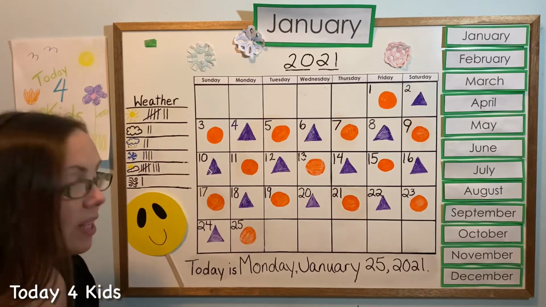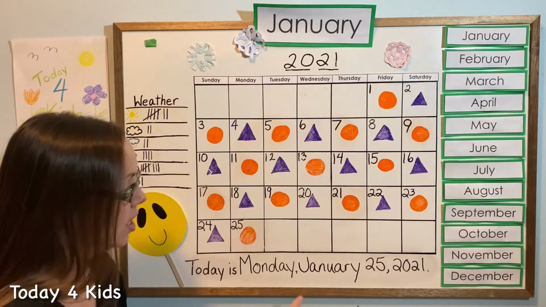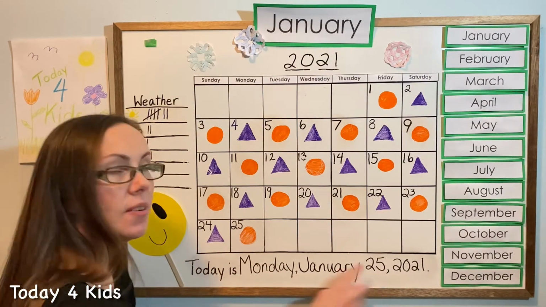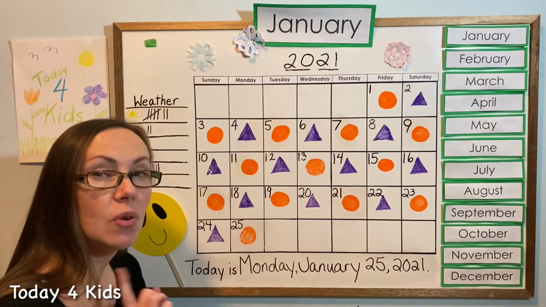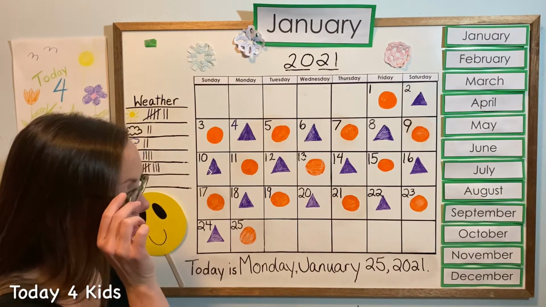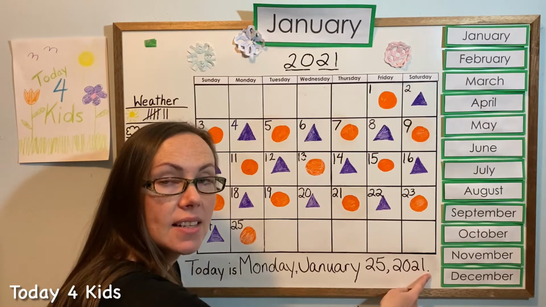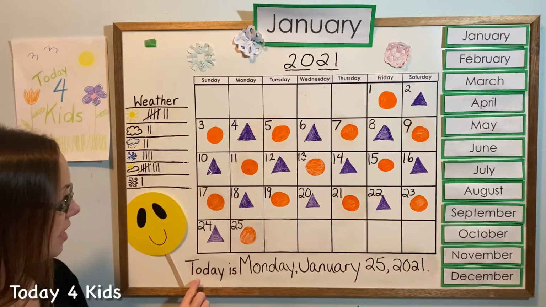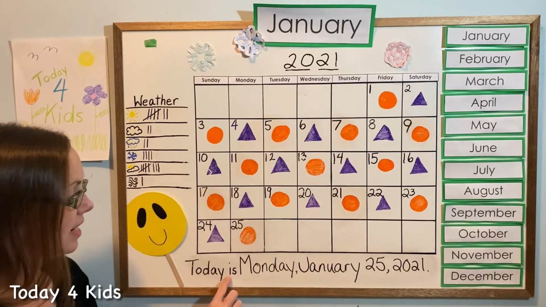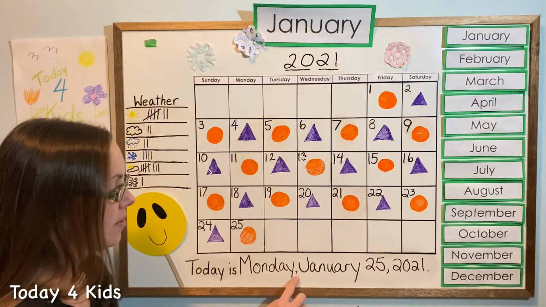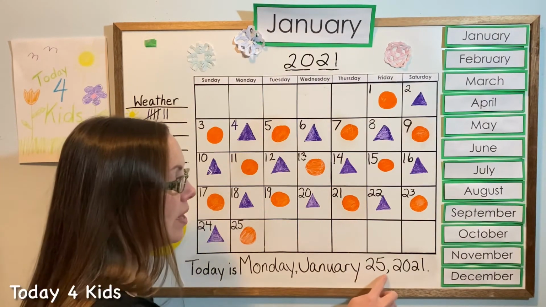2021. So let's say the whole sentence together. Do you remember what the commas are for? They're for us to pause just for 1 second in our sentence before we say the next word. And the period at the end tells us that our sentence is done. So let's start at the beginning. Today is Monday, January 25th,